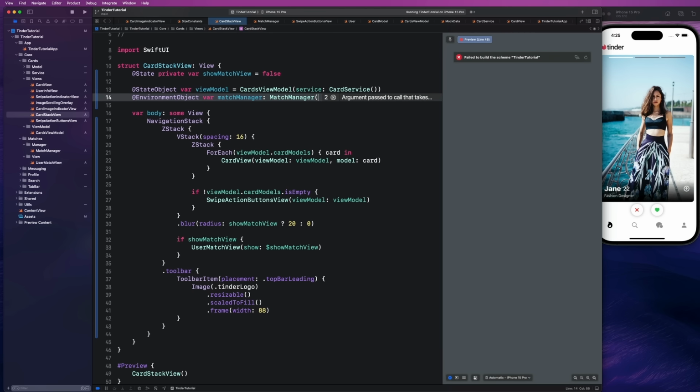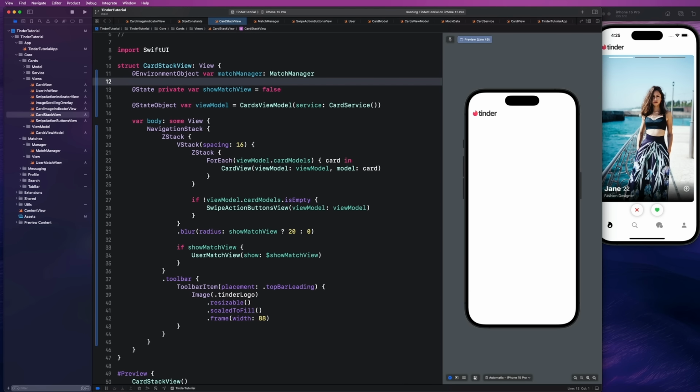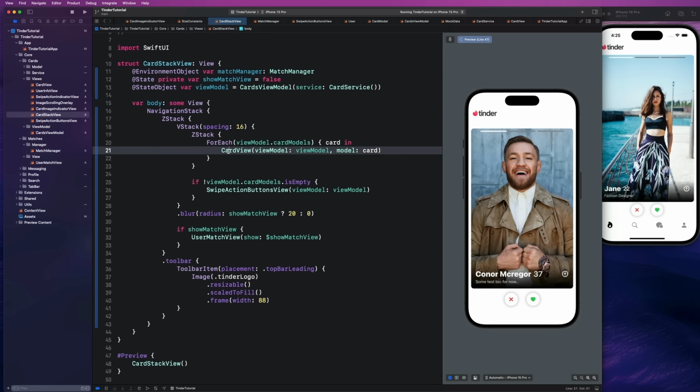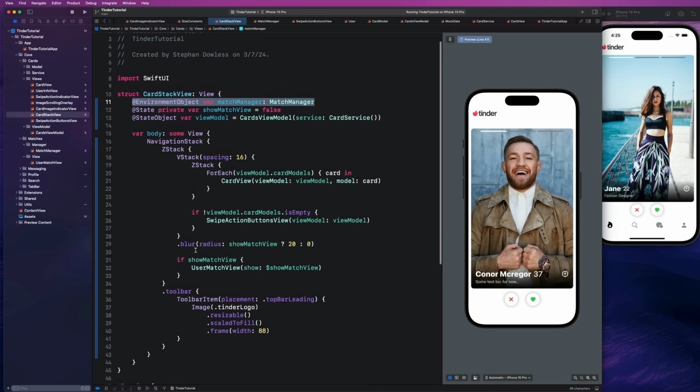Like this. And I'm going to add this up to the top because we want our code to be nice and organized and alphabetical. So environment state object, cool. And then we no longer need to set that as an environment object on the card view because it's already on the environment because we set it at the root app level on our tab bar. So now that we've sort of set that up, guys,